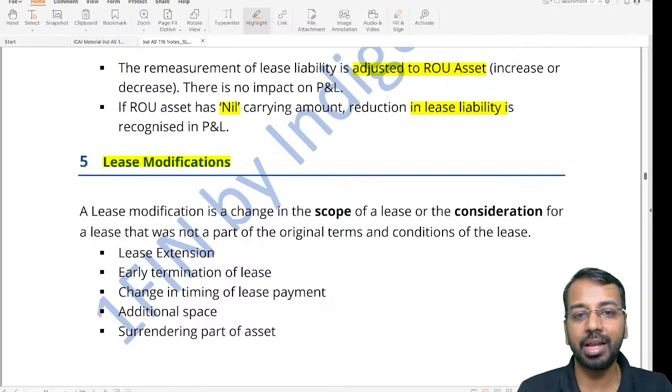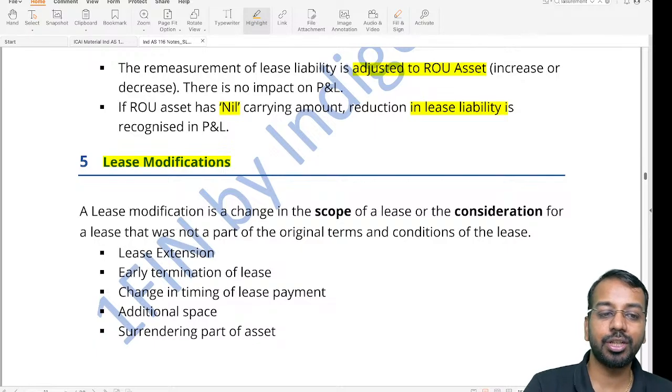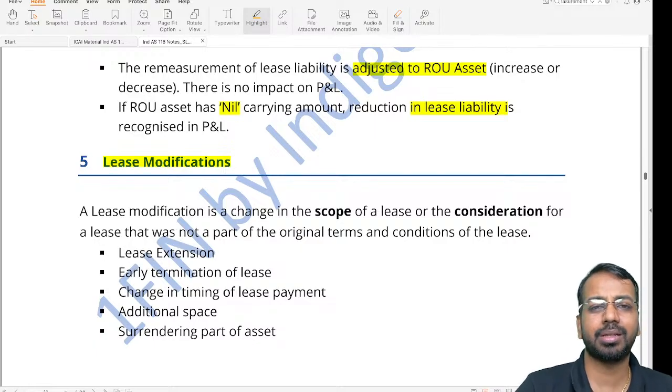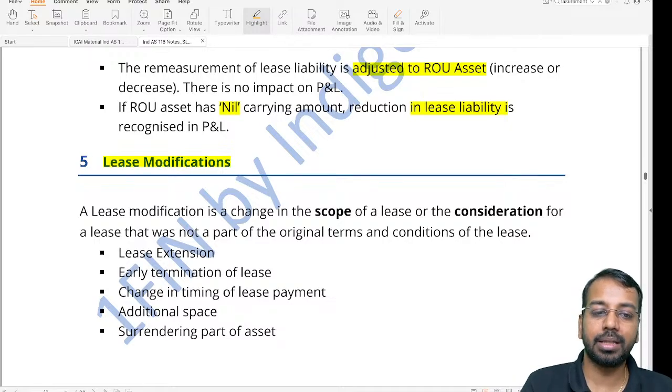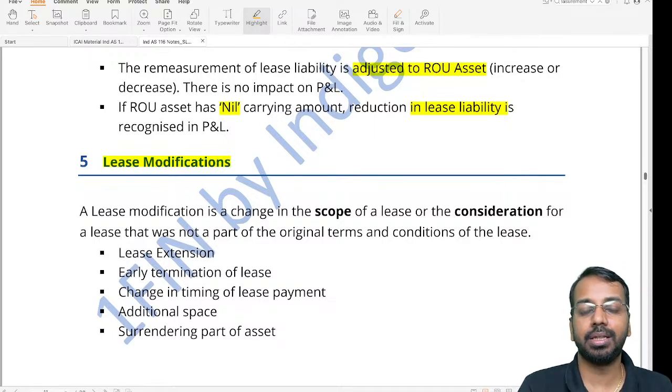So, it can be change in scope of lease, or it can be change in the consideration of lease. Originally we have agreed on some amount, let us say 10,000, 15,000, 20,000. Subsequently, we have changed that amount. So, either there is a change in the scope or change in the consideration. Both of these are considered to be lease modification, right? So when we say there is a lease modification, there can be